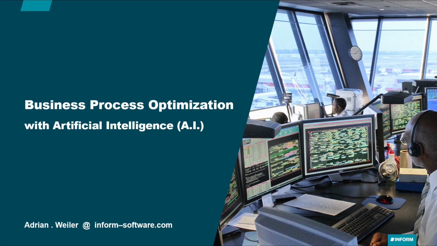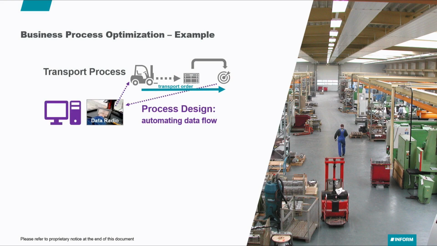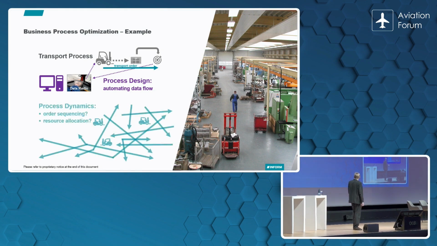Now, what on earth is a business process? Well, this is a very simple example, a transport process. And normally, people optimizing business processes look at a typical process and how this should be organized. For example, like how it could be digitized by, in this example, taking radio data into consideration. What they're lacking is that it's not just about process design, but also